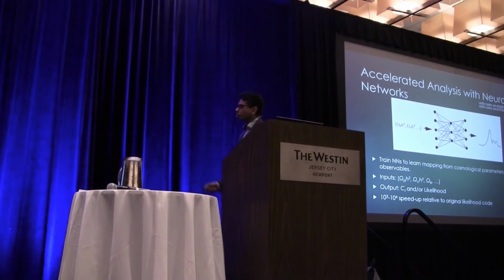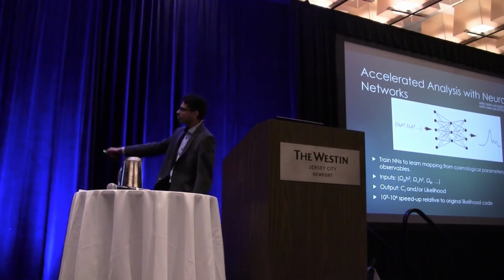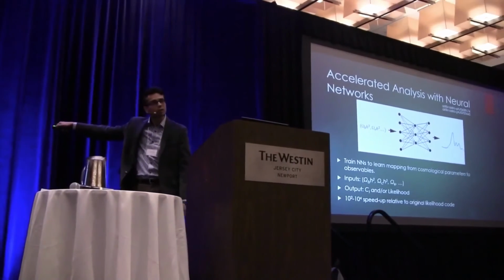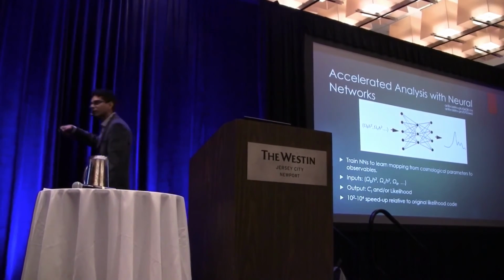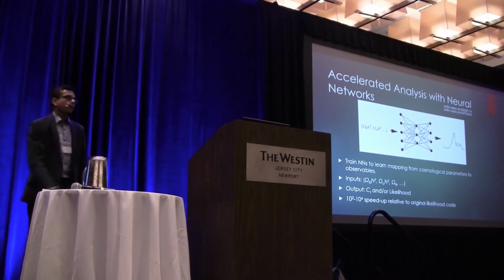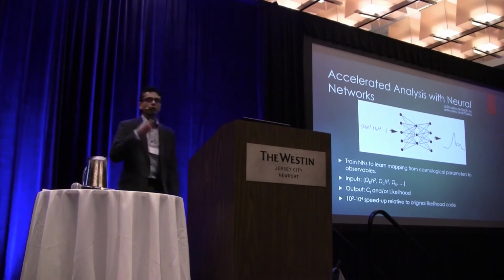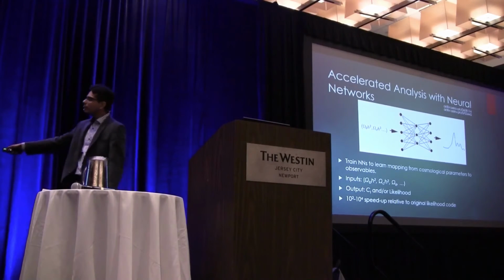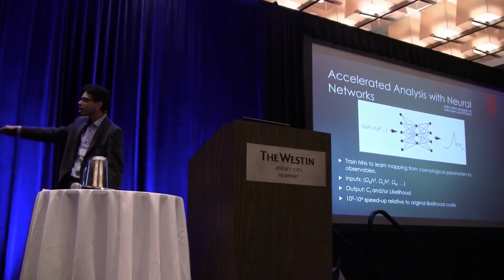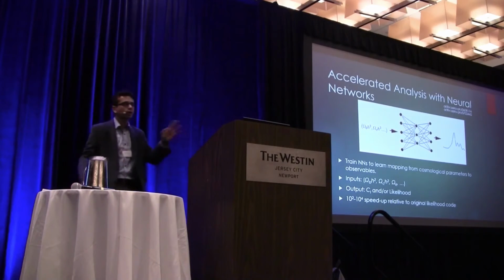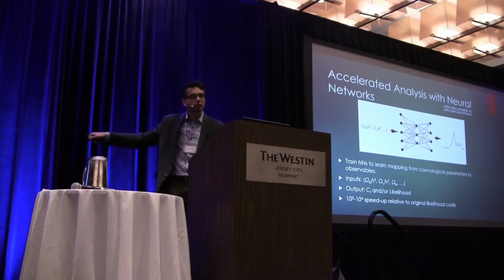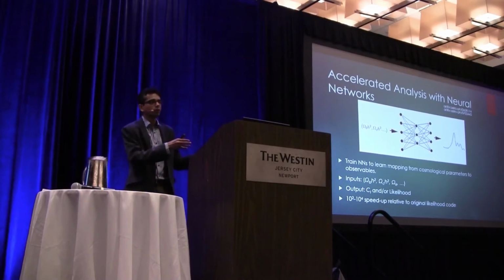And what we are trying to do is observe the power spectrum of the cosmic microwave background radiation. This power spectrum is very sensitive to cosmological parameters. The cosmological parameters are like the dark matter density, the age of the universe, the matter content of the universe, and so on. So by observing the power spectrum, and then by varying these parameters with some kind of Monte Carlo algorithms, we can try and estimate the posterior distribution of those parameters. So it's very analogous to what we are trying to do in LIGO as well.